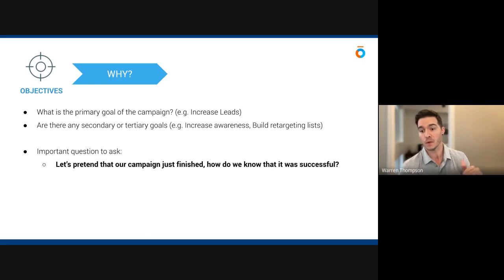Sometimes they're like, no, we're okay. We're cool. It's just impression. It's just awareness. But it's always good to ask that, to try to dig down to the details, even if you're just asking yourself. So if you have no one to bounce this idea off of, just asking yourself, okay, what does that success look like, or your boss,